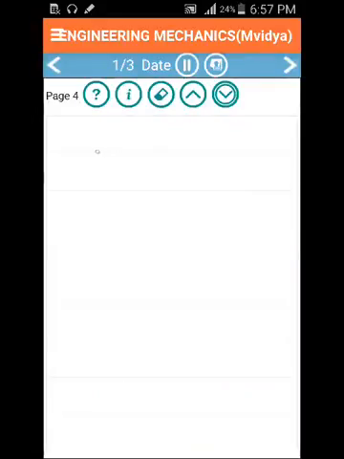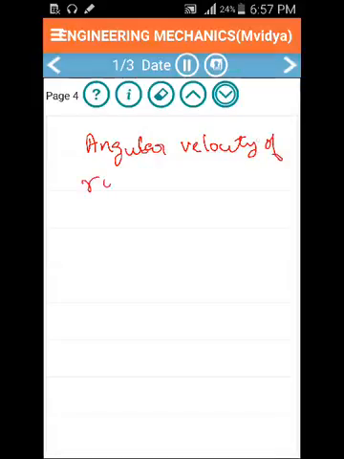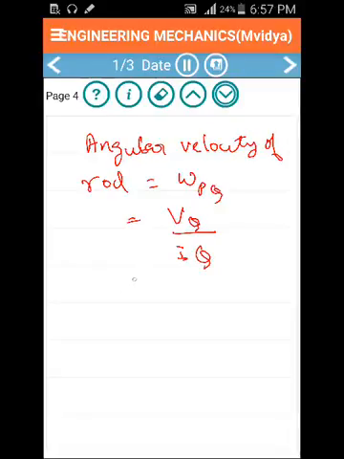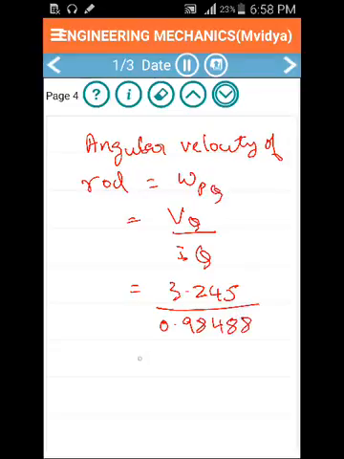So I can calculate the angular velocity of the rod, omega PQ. It will be VQ upon the length IQ, which is 3.245 that we have calculated upon IQ, which is 98.488. So now converting into SI units, it is 0.98488. So I get the angular velocity omega as 3.295